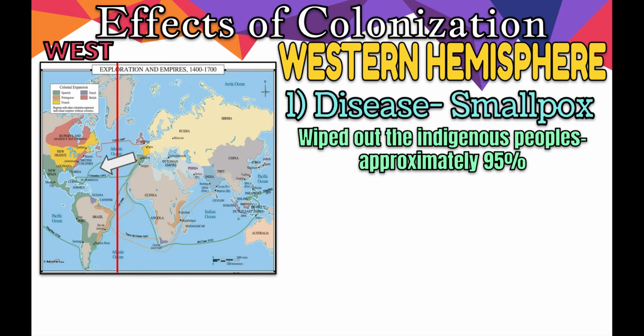In particular, guys, the disease that the British are going to bring over, not just the British, but the Spaniards and the French as well, that's going to absolutely decimate the indigenous peoples already living in the Western Hemisphere is smallpox. It's highly contagious. What it is, guys, is smallpox is